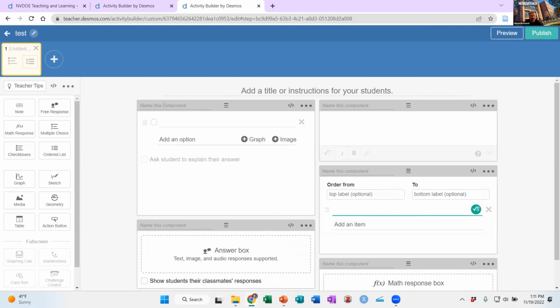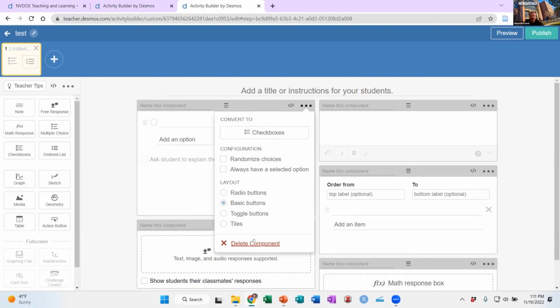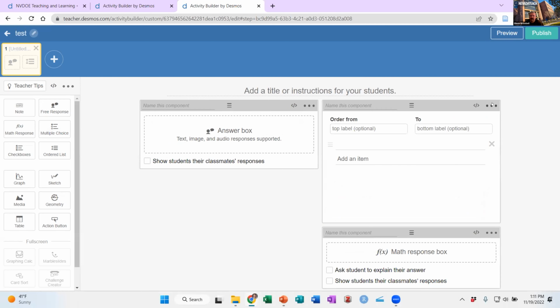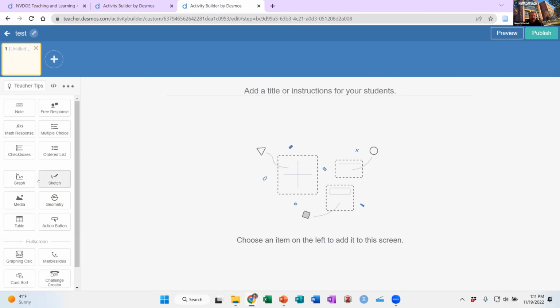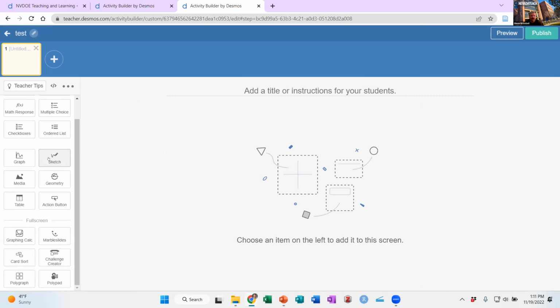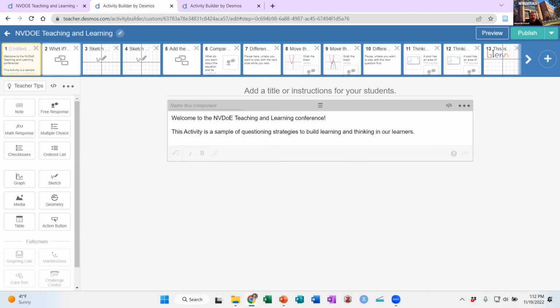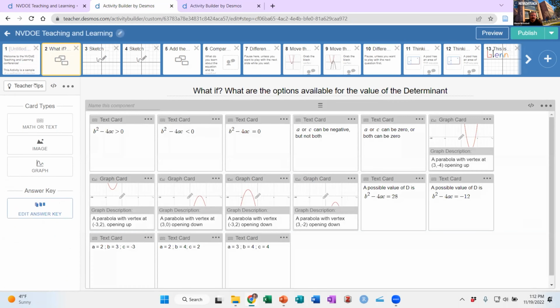There's also edit, delete. It's incredibly flexible in that sense. You can insert graphs, sketches, media or pictures, geometry. Geometry will not be available to you unless you activate it. Tables, action buttons. So you can add and subtract and create whatever you wish. And then there's some full screen items. So when I looked at mine, the first thing I did is I said,